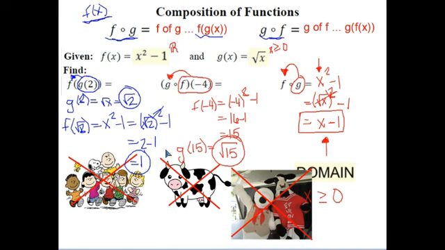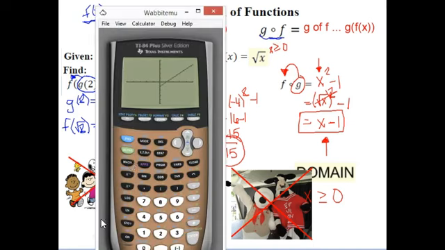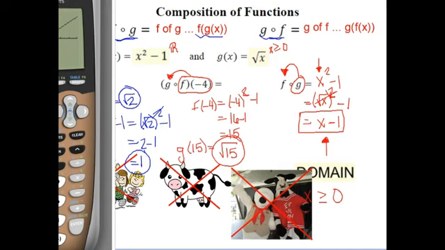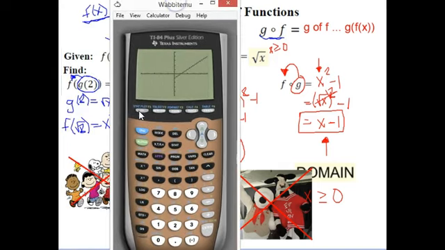Okay, we're taking that least restrictive domain. Now in terms of a graph, if you want to go ahead and check it out, I went in and actually typed in our composition function. So this piece right here, when I put the square root of x into our f of x equation, this is what we had. Notice how if you graph it, you get this line,